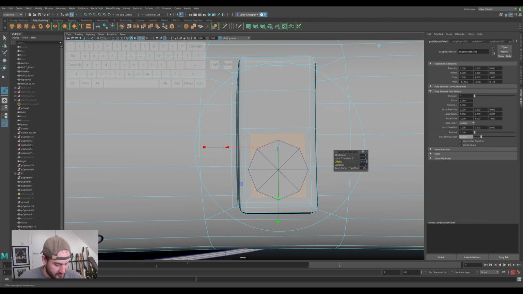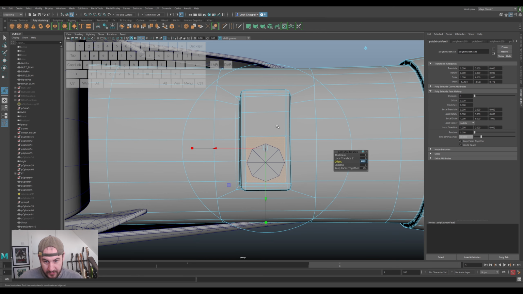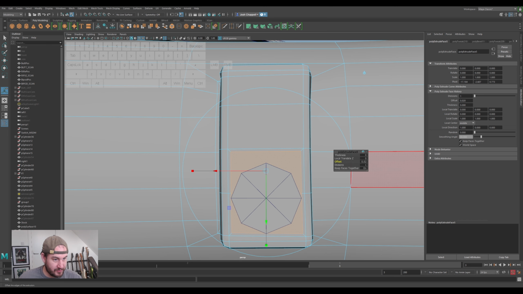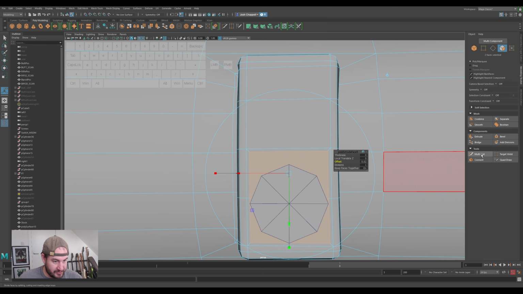Nope, even less. Let's go for that. So we've got enough edge loops now. We can make it 4, but I don't think that's going to be very good for what we want. Gonna risk